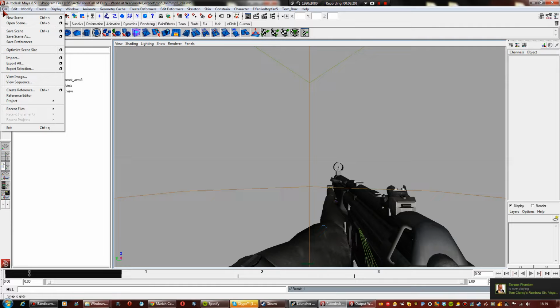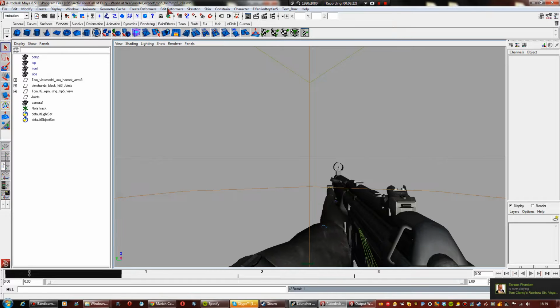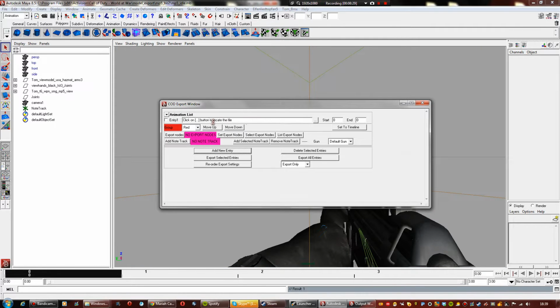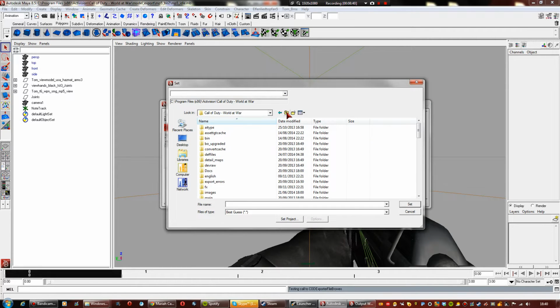If I now go to yours, it would be Call of Duty World at War. Go to Animation Explorer. Select that. What frame does it go to? It goes to frame 3. It shows it clearly here. So change that to 3. Then obviously we're going to save it into